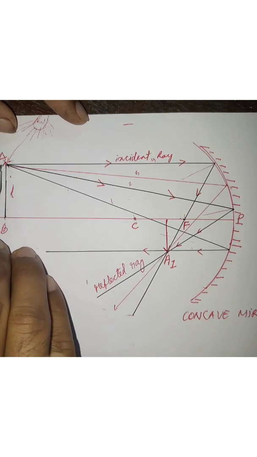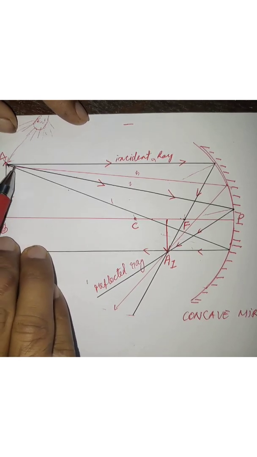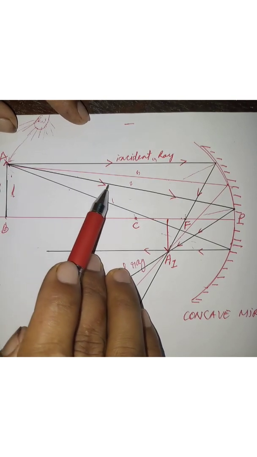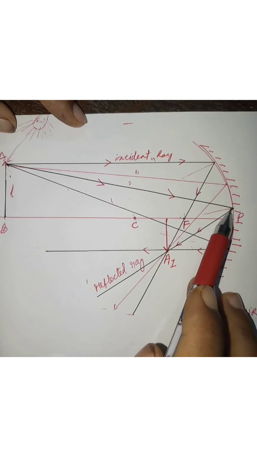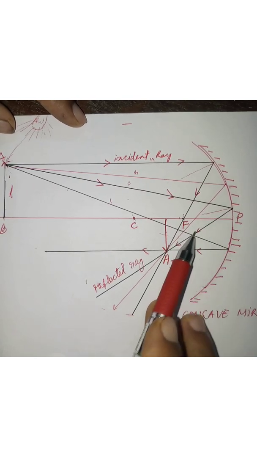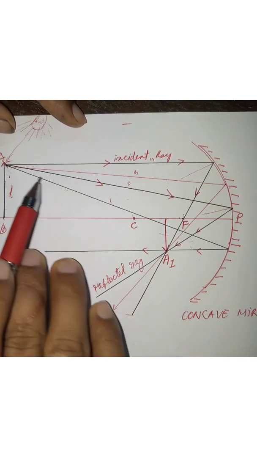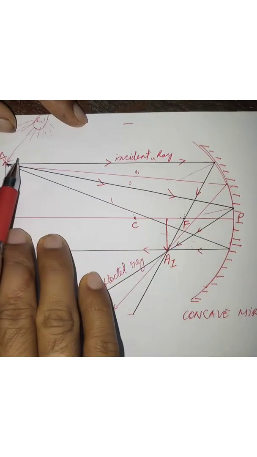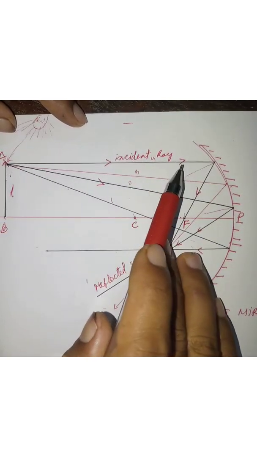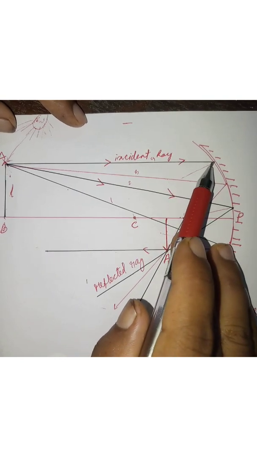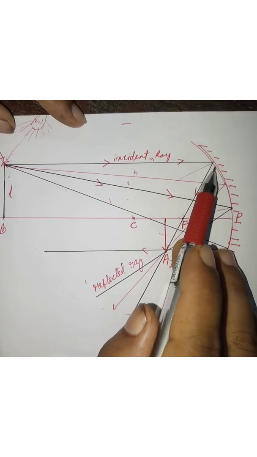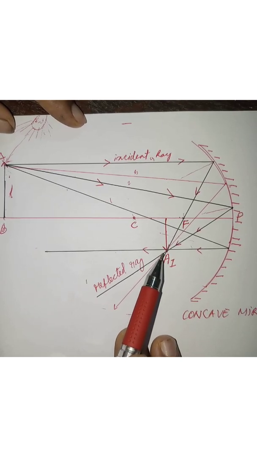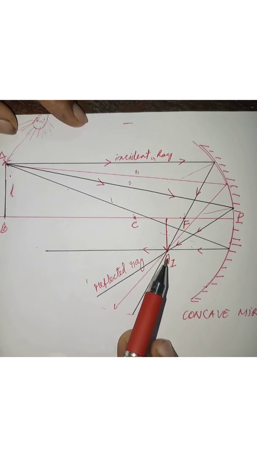Now suppose another ray, let's say ray number 2. When this ray of light is incident on the mirror, the mirror will bend it down to this point. Again, ray number 3 also, and ray number 4 as well. The concave mirror will bend them down, and then they will meet here at a single point. So this single point,